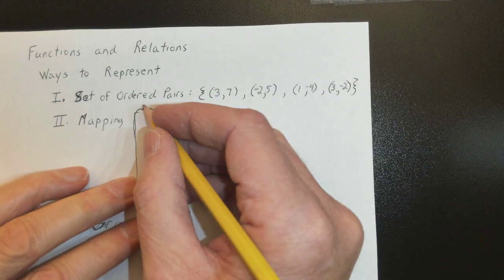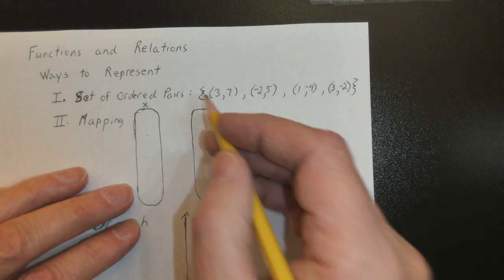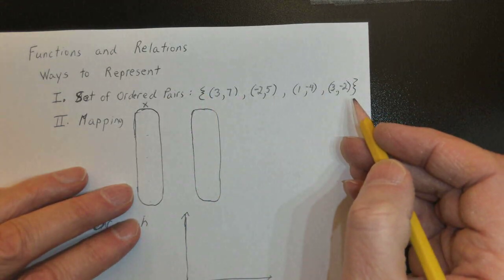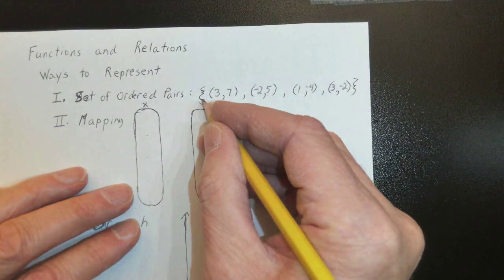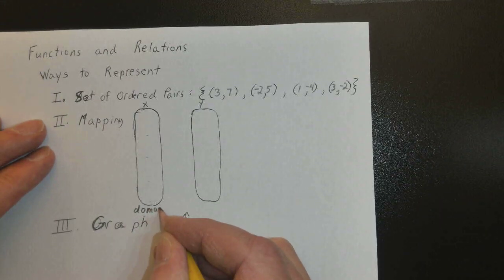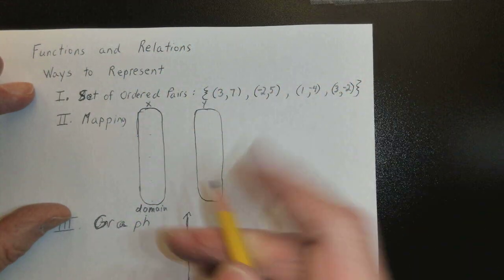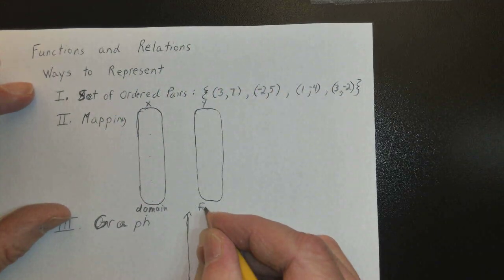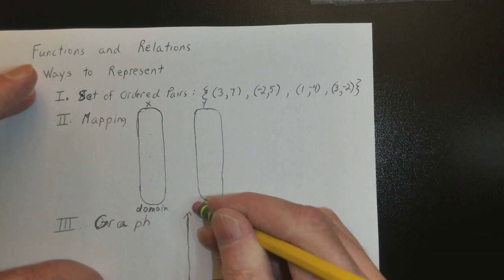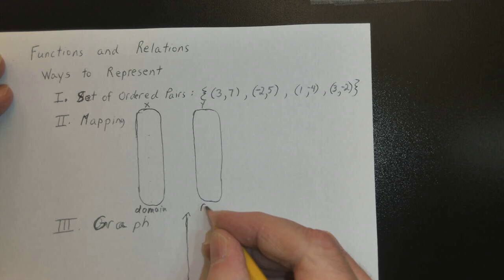Now mapping is where we just take all the different x-coordinates that we have, and then all the y-coordinates. The x-coordinates are the domain of our relation, and the y-coordinates would be called the range